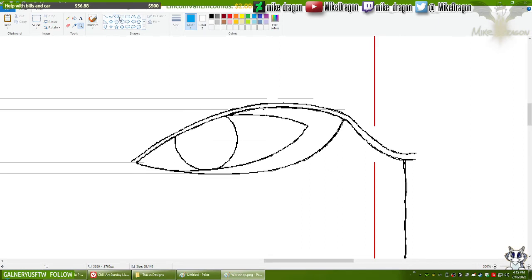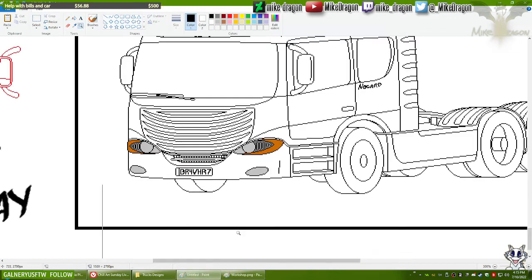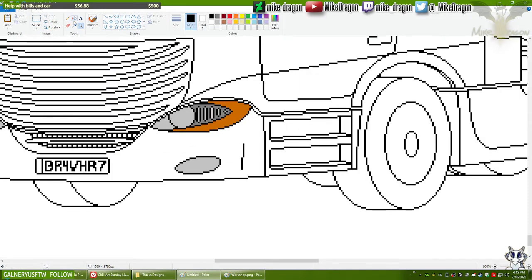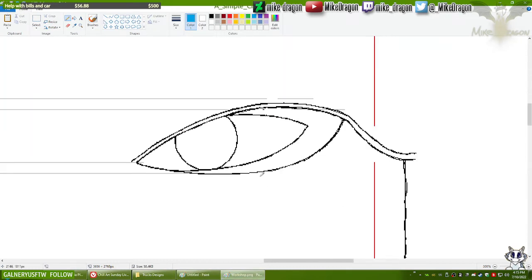Now for those LED strips that are here on the side. Oh, by the way, guys, this is the time now where I have to define how exactly the inside of this headlight is going to be like. And I have to take that into consideration.